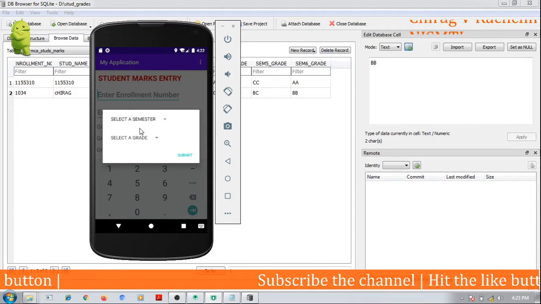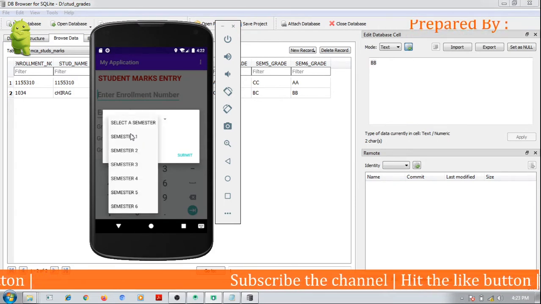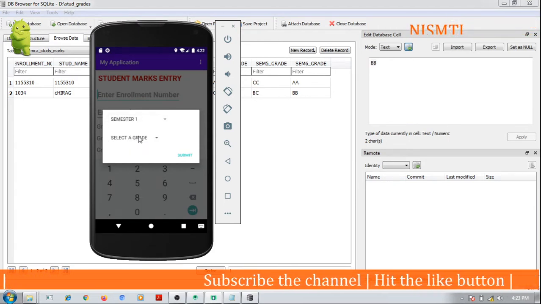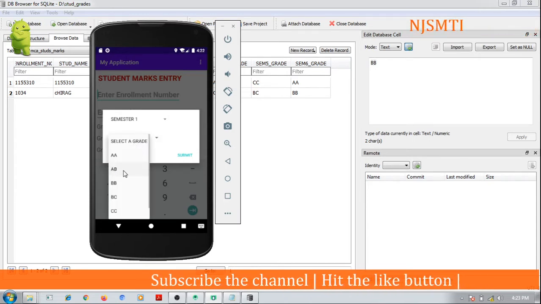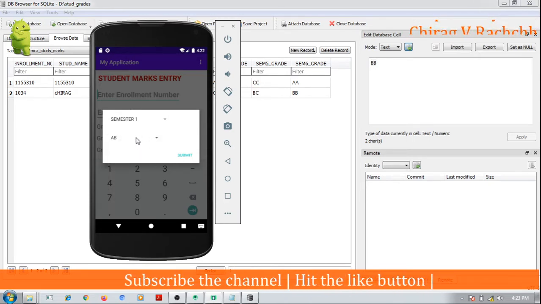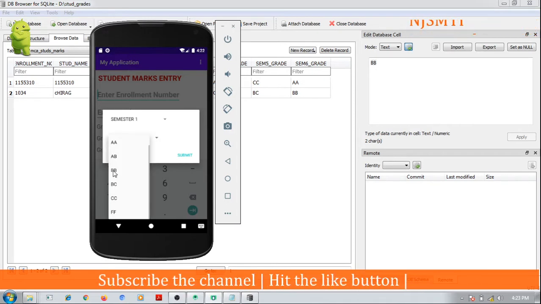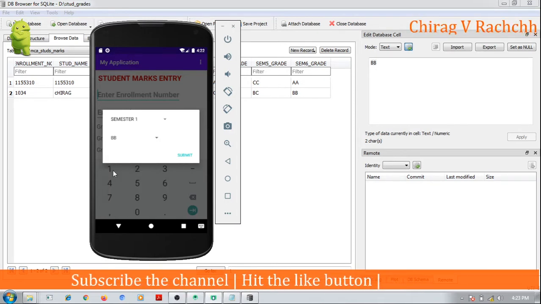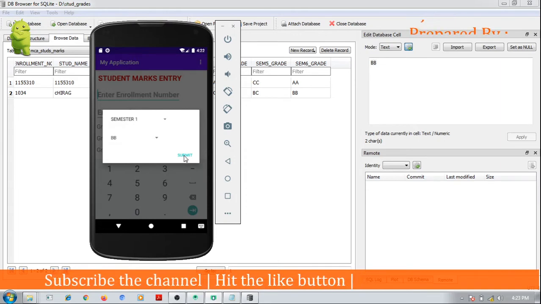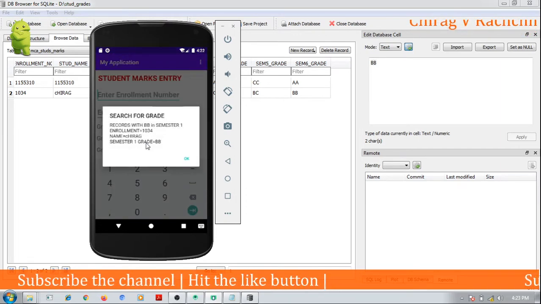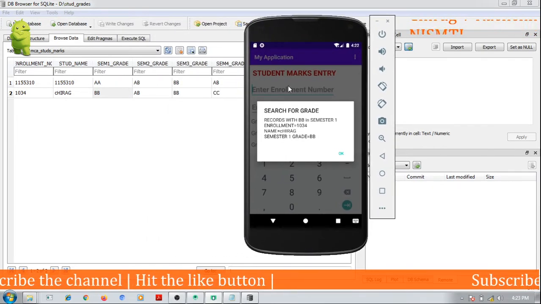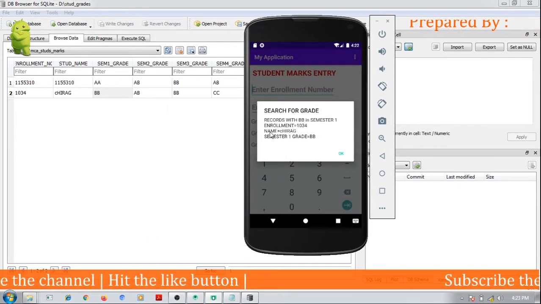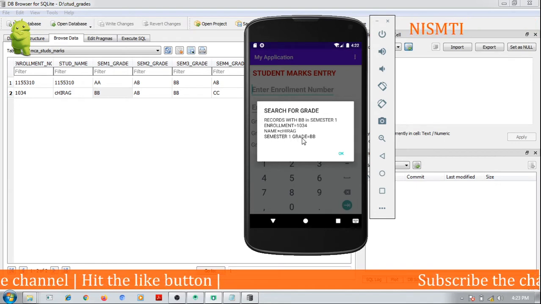I will select semester 1 and grade as BB. Submit. Records with BB in semester 1. Very good. Enrollment number is this, name is this, semester 1 grade is this.